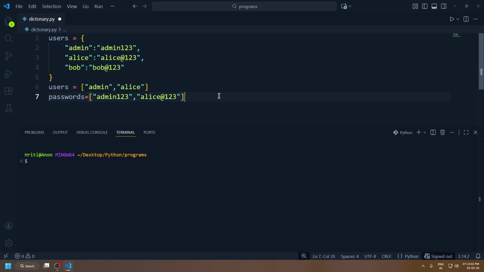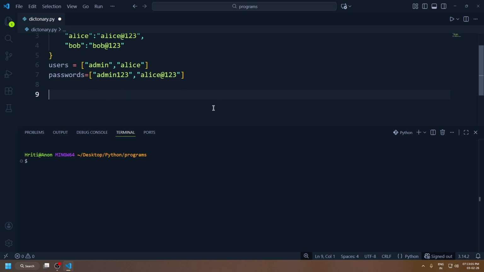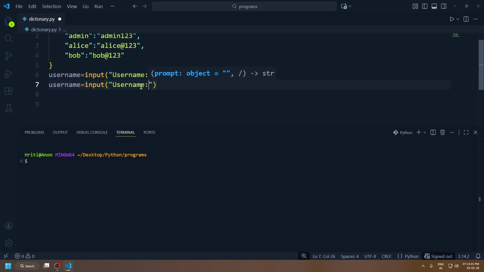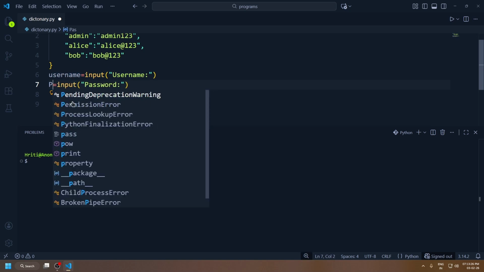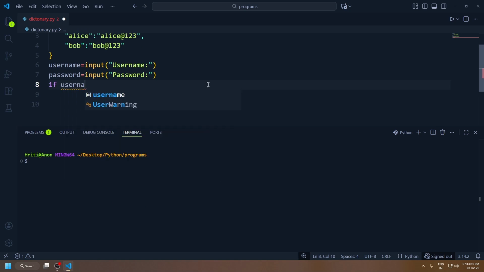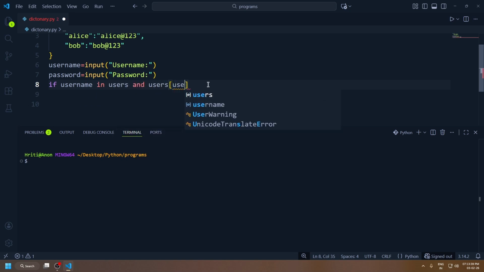Okay, so now let's talk about how we can access values in a dictionary. For that, let's just remove this first, and we'll use this variable now. And let's take a variable called username, and that will take your username. And the same for the password, we'll change the variable name to password here. Okay, then comes your conditional statement. If username in users and users[username]